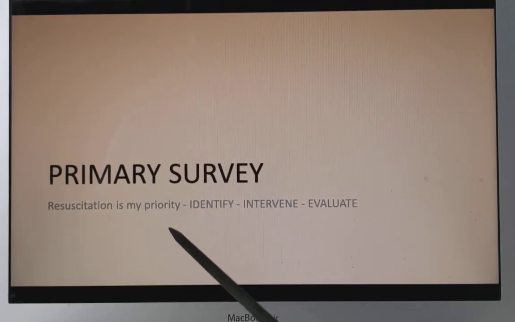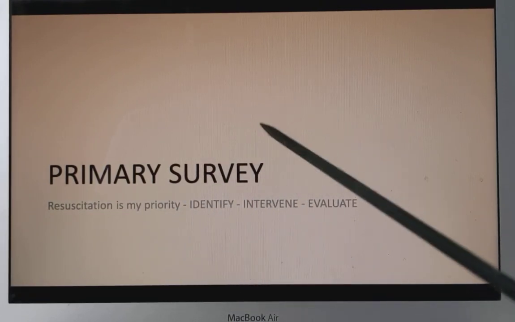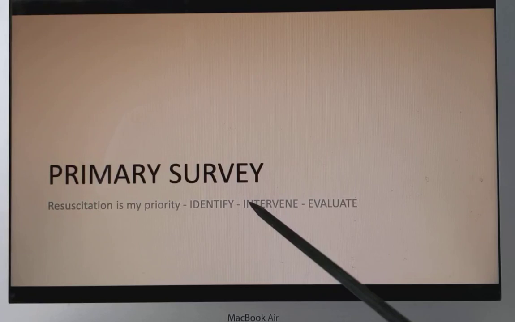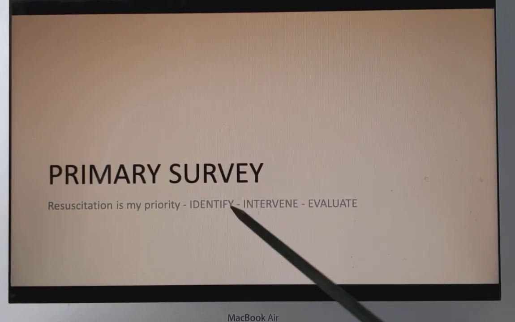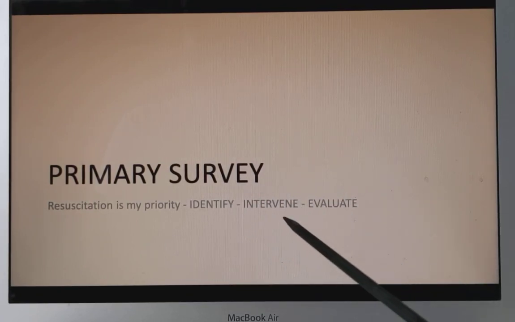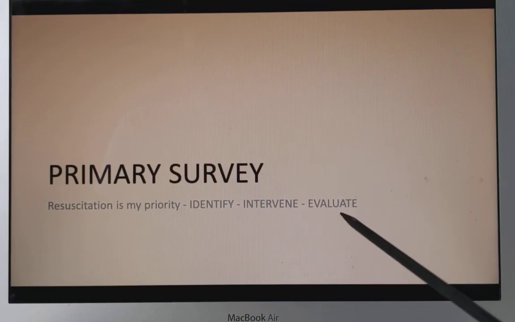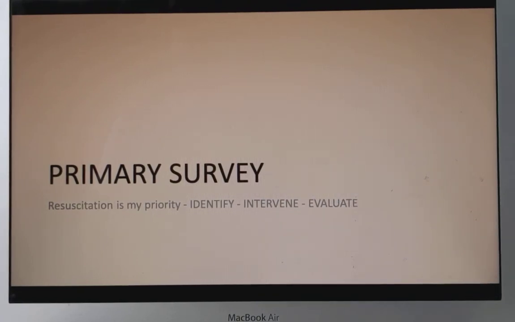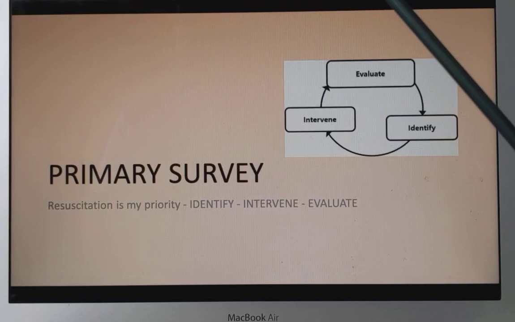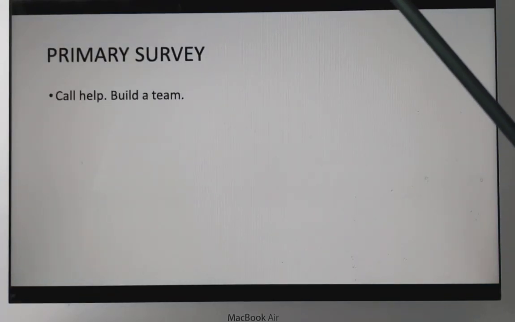So your priority is resuscitation and treating quickly, identifying what is wrong with the patient. So you identify, you intervene, and you evaluate. And for this, we will be going on to our